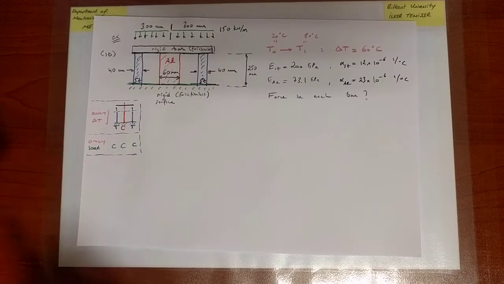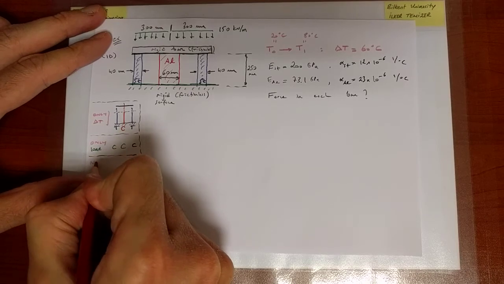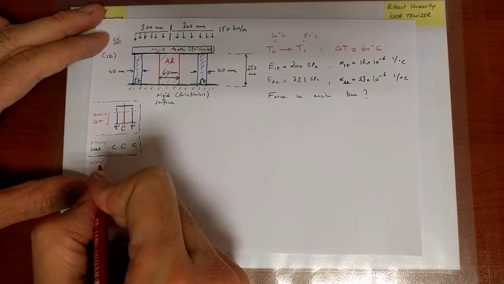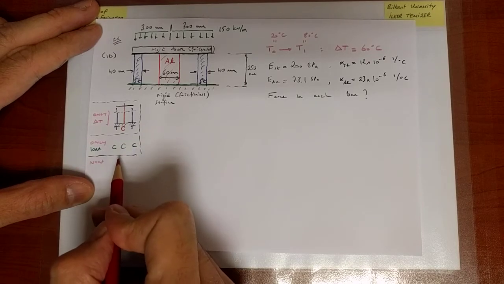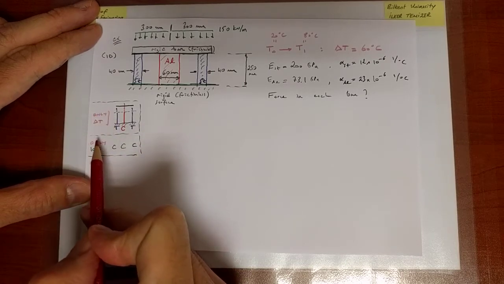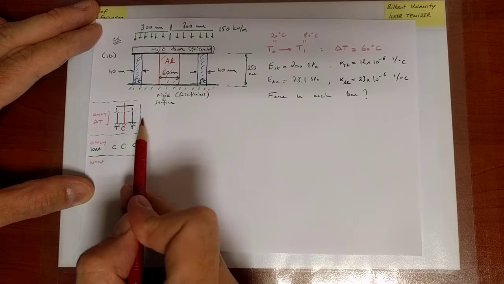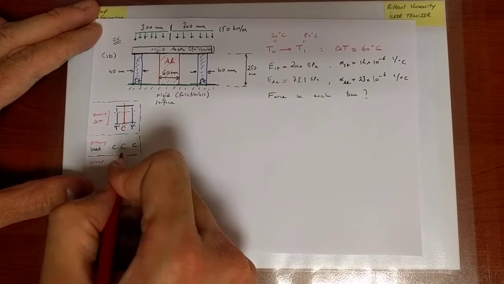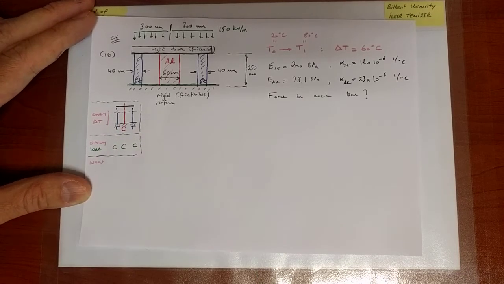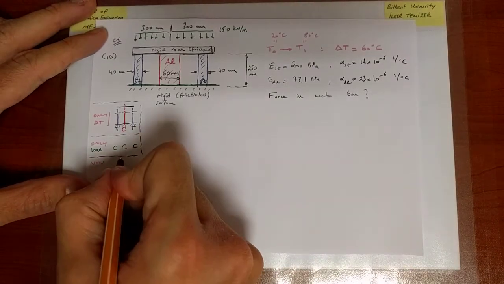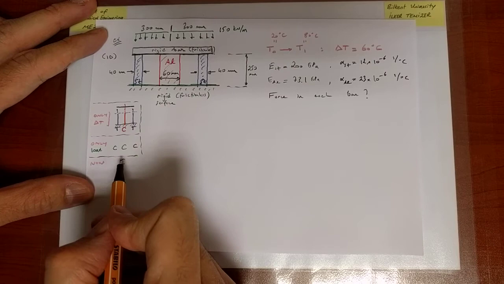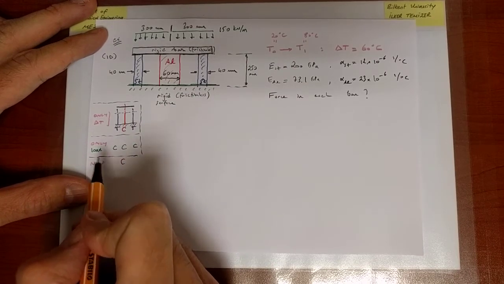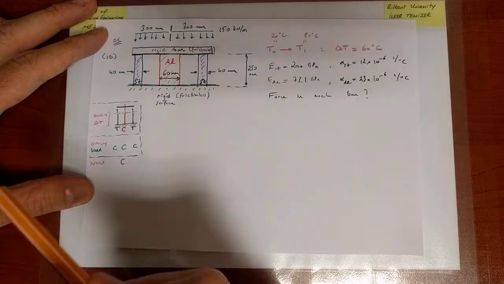So now, what we have is a situation where both the temperature change and the load are there. So presently, what we ultimately can immediately decide is that when we have both effects present at the same time, in other words, we have a sum of the problems, qualitatively, the solution is going to be the sum of the solutions, and therefore I can already deduce that aluminum will certainly be under compression. Okay. So in our combined setting, aluminum has to be under compression, but I don't know what happens for steel